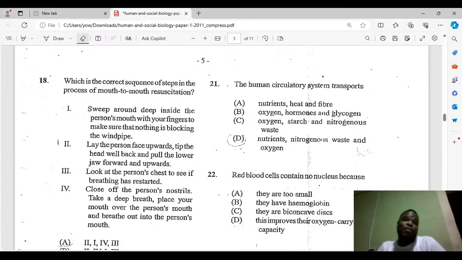But I could understand why people would say B, because glycogen is a hormone, and you know a hormone travels in the bloodstream. But they pick glycogen because they know that glycogen is not transported in the bloodstream. So the answer would be D, as in dog. Do you understand why it's not B? I could understand people saying B, honestly. But B would be incorrect because glycogen is not transported in the blood at all. All right, so let's look out for those answers, right?